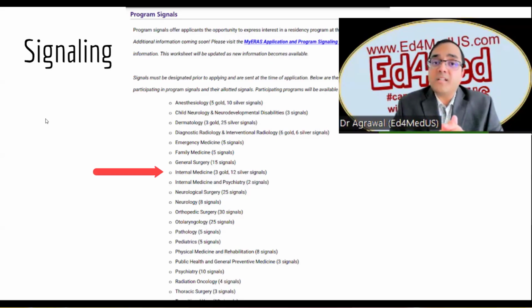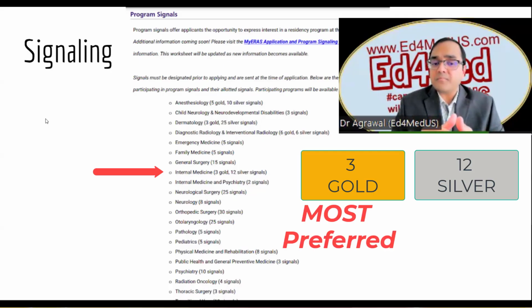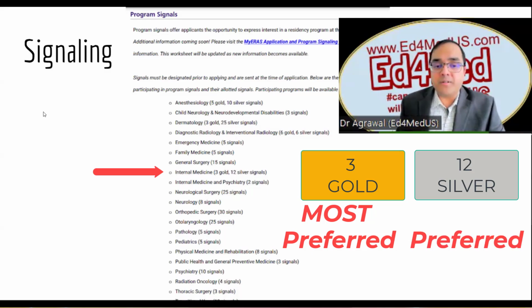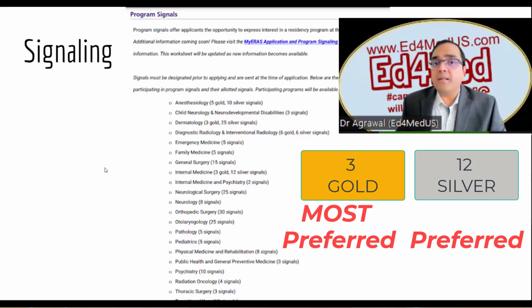I'm taking internal medicine as an example, with 3 gold, 12 silver signals. And it's being described that gold basically means most preferred program, and silver is, yes, I'm interested and it's preferred. But they're trying to divide it that way.